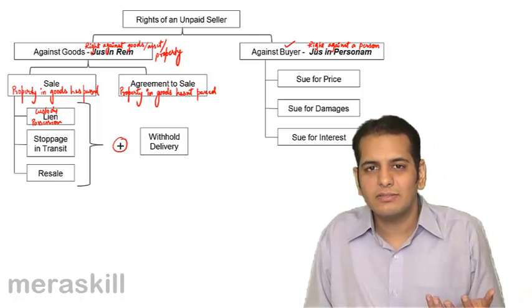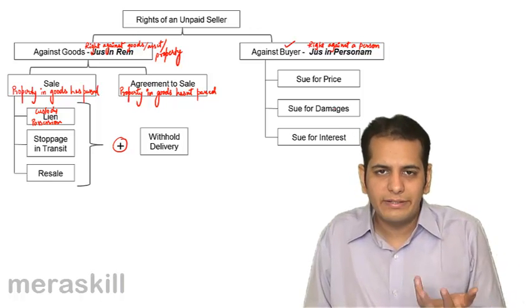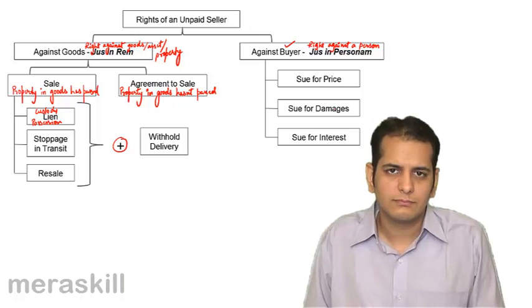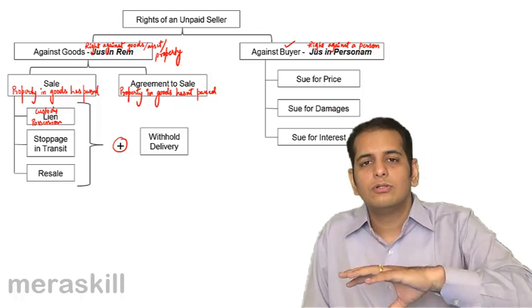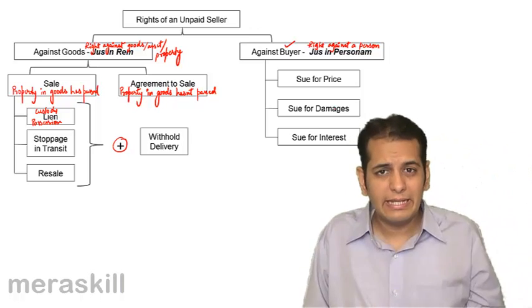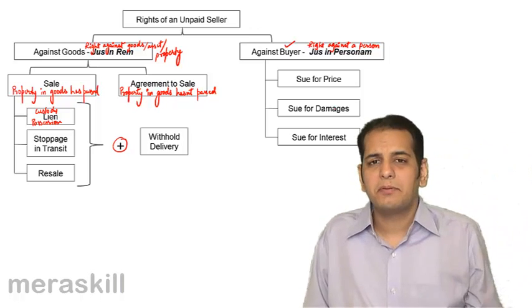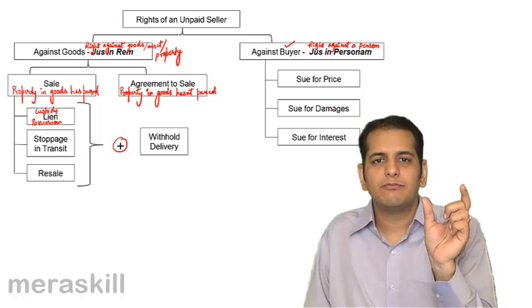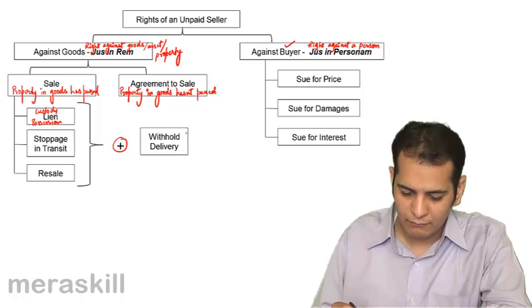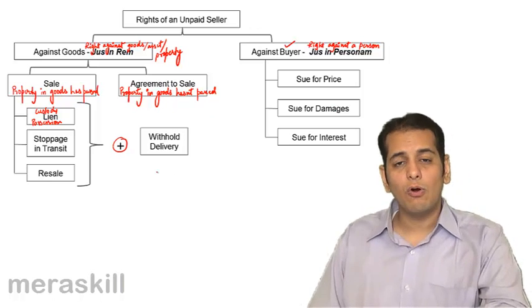If he does not recover the price, there is no question of interest. I mean, the person who is not paying the price will not pay the interest. So if the buyer has paid the price but he has paid it late, there was a delayed payment, then for that period which was delayed, he will recover the interest. So now let's discuss all these rights